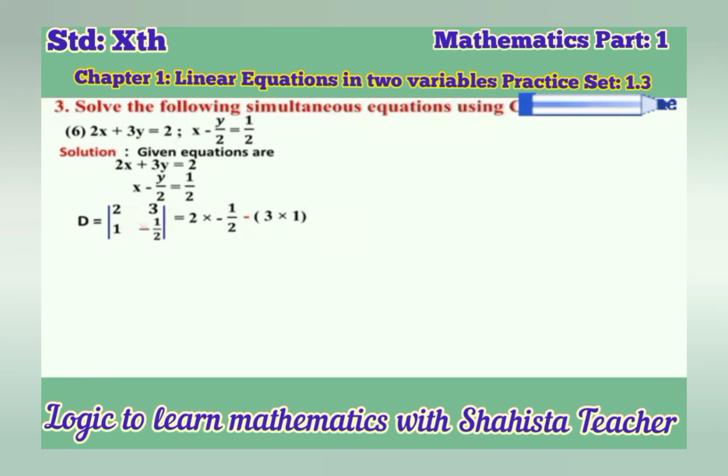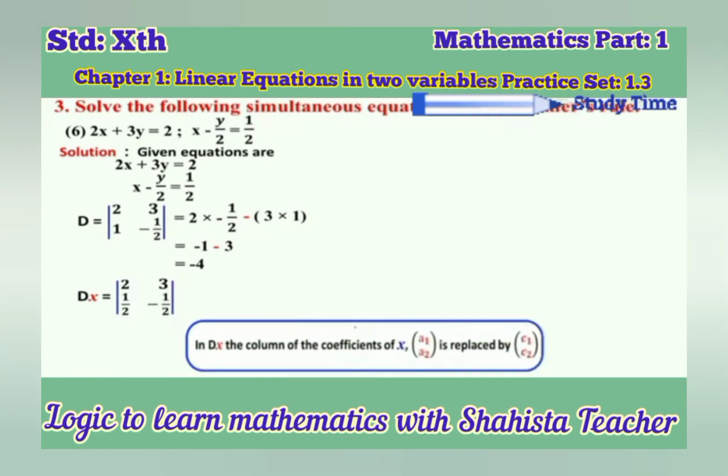Now here we will apply the fraction rule. So 2 twos are 4, minus 1 is minus 3. Okay, so minus 1 and here minus 3 because 3 ones are 3. Okay, 2 gets cancelled and we get here minus 1. So minus 3. Minus plus, so minus 4.